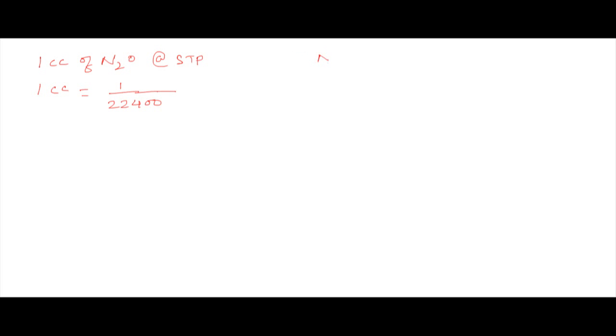For centimeter cube, number of moles is volume by molar volume. So volume is 1 cc. What is molar volume in cc? 22400. So I find out the number of moles first. Then if I convert it into the number of molecules, it is 1 by 22400 into Na,